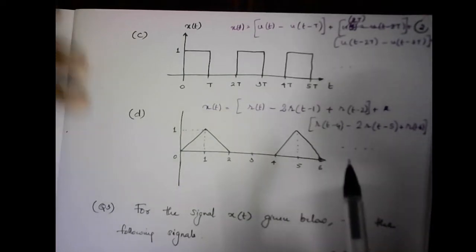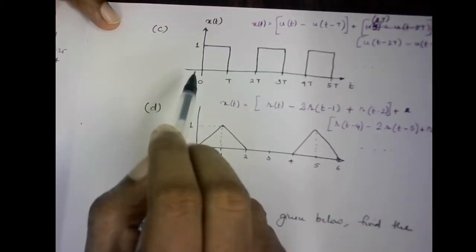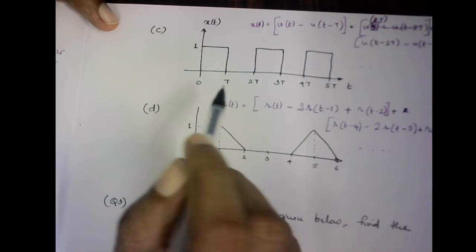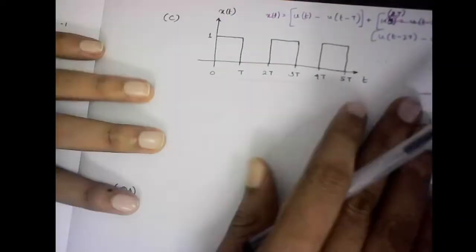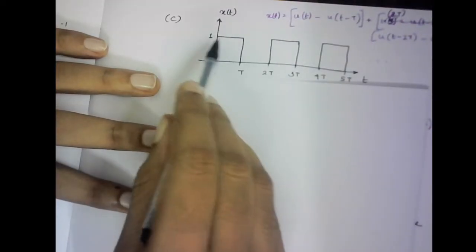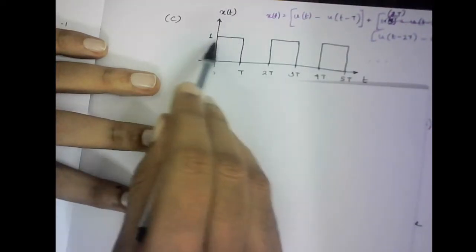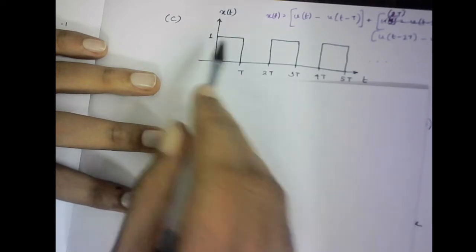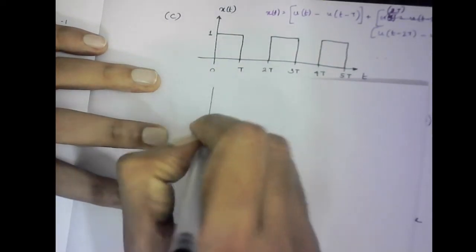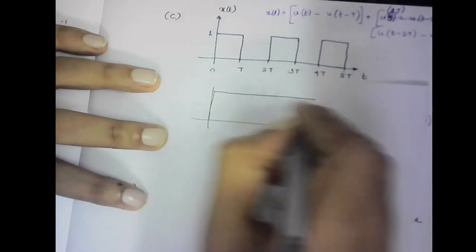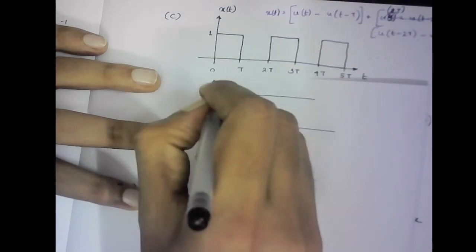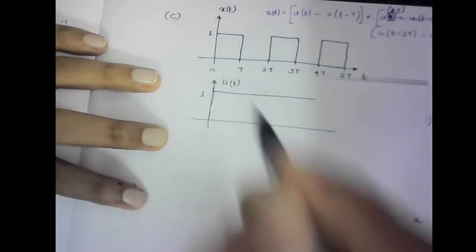Okay, so let me come to the next question. This is also straightforward, not that much straightforward, but you need to understand. So express this signal as a sum of elementary signals. What you can think of is this particular region. If you take this region, this can be considered as a difference of two unit step signals, right? So if you consider a unit step signal like this, so this is u of t,